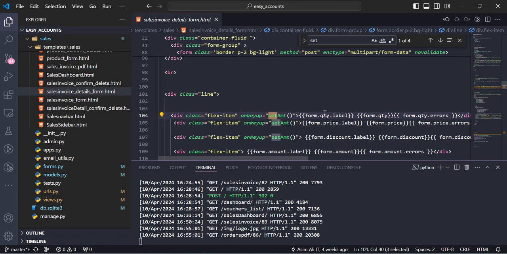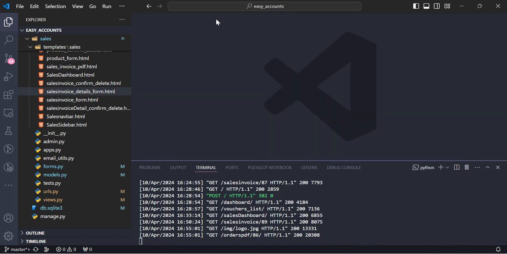On key up of the quantity or price or discount, so this amount will be changed. So simply I use this one, I use simple way. And second thing, last thing which I want to show you